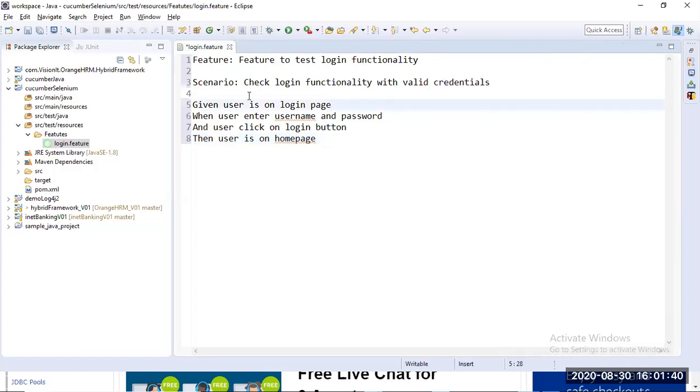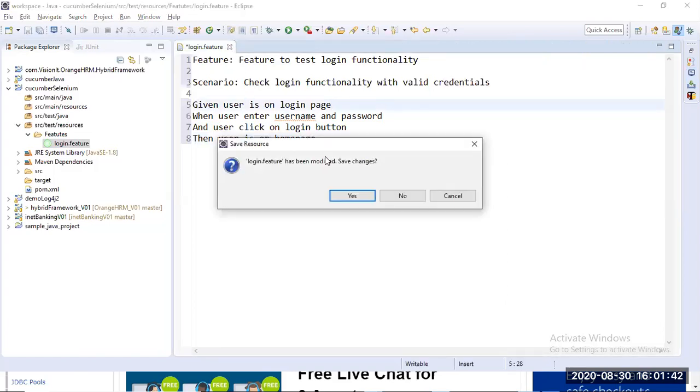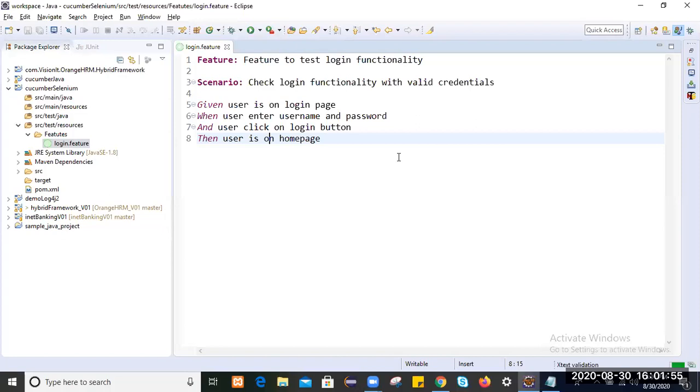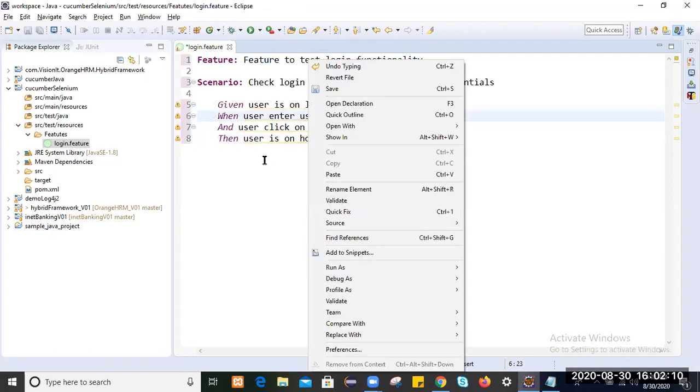But why is it not executing? So that's okay, as you told. So let me manage this. Okay, run this feature file then.